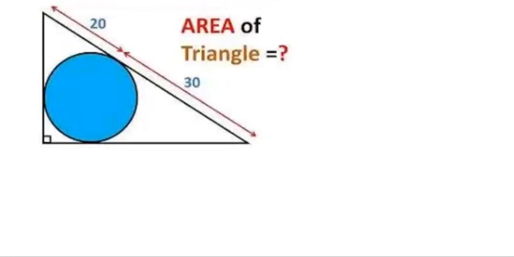Today we're giving this interesting geometry problem for Math Olympiad. We have a right triangle with an inscribed circle. In this video, our goal is to solve for the area of the triangle. So let's get started. Let us recall this awesome theorem when we have a circle and we have two tangent